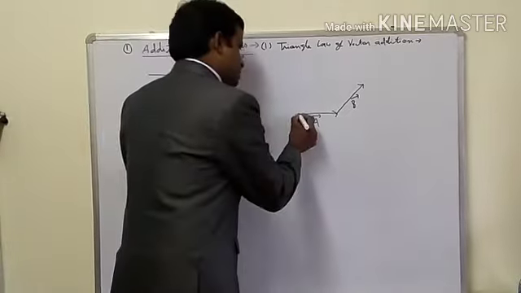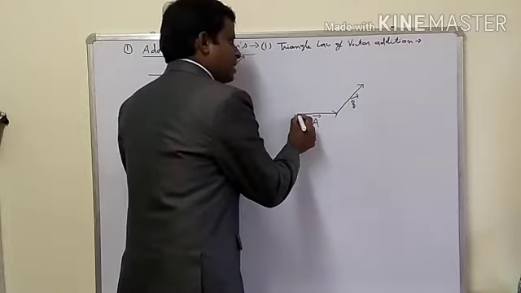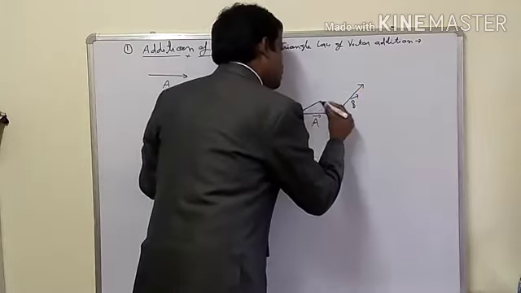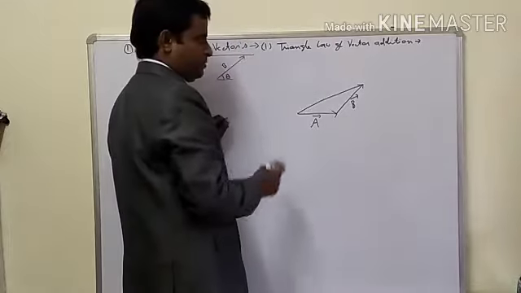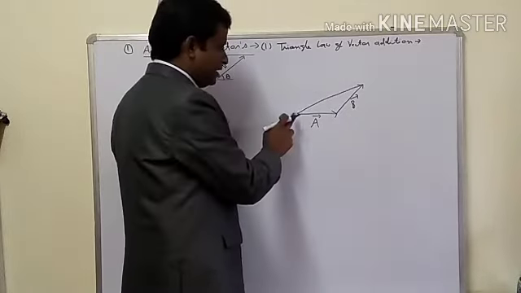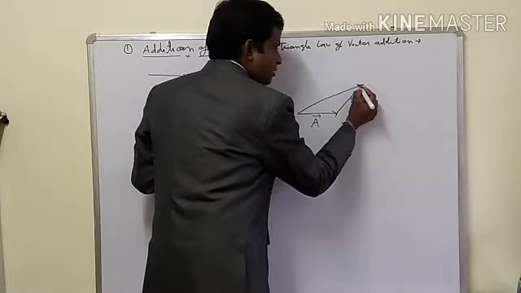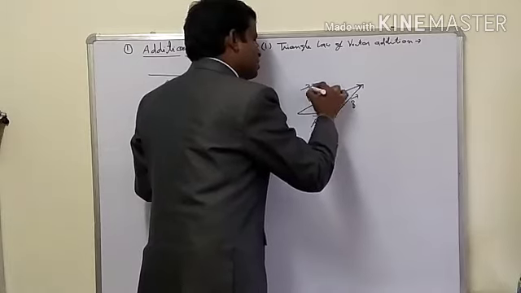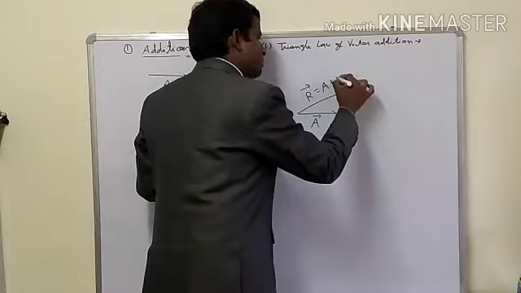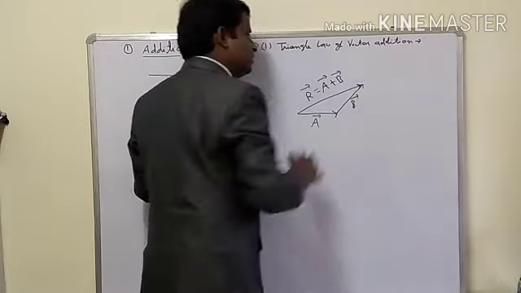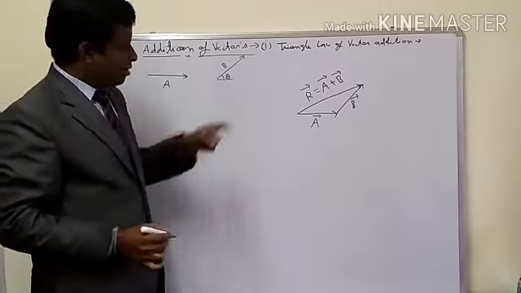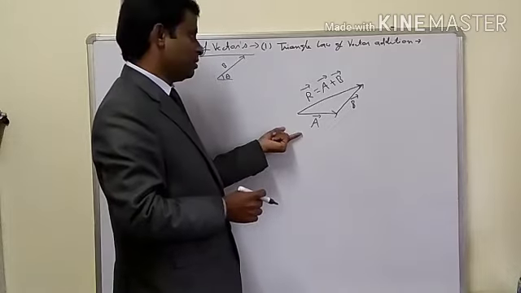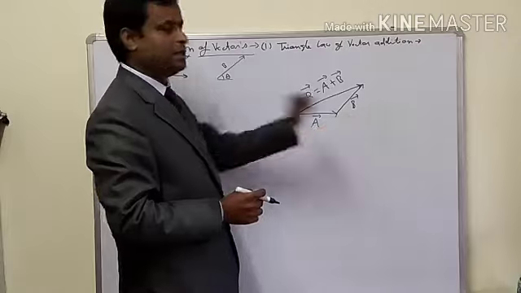Now, this is the initial point of vector A and this is the head of vector B. When we join these two points with a line, this will become a triangle and this line will show the resultant of the vector addition A and B. This line will show the resultant of vector addition A and B. So by this way we may add diagrammatically vector A to vector B.